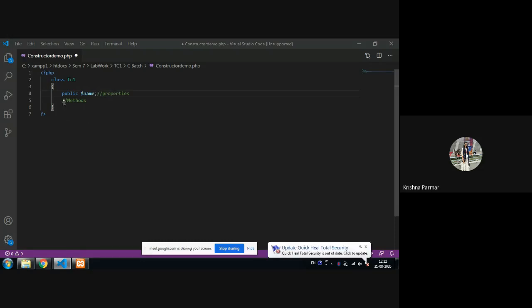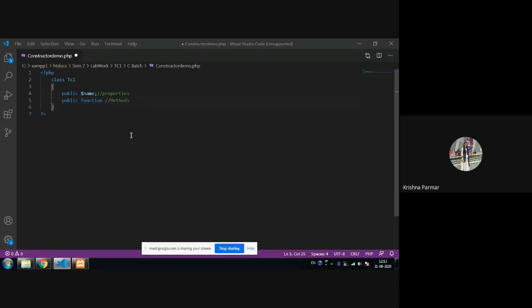Okay, fine. So next, how you can create methods. For that, you first use the access specifier like public, private, or protected. Then you use the word function. Whenever you have to create a function in PHP, we can say a method. So function and method are the same, but as the languages differ, the terminology is different.